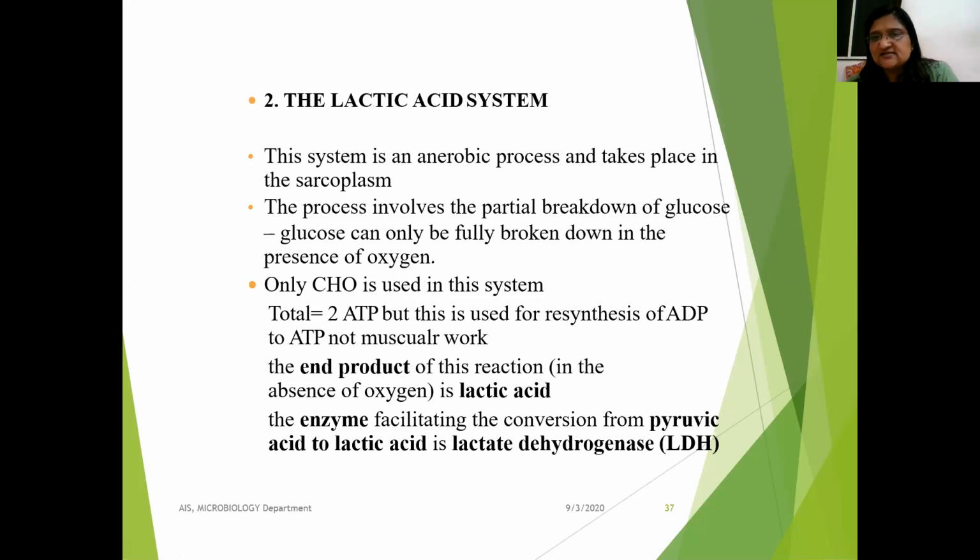Another such system is lactic acid production. In this, a glucose molecule is converted into lactic acid by certain steps of reactions, and during this process two ATP are produced. Two ATP is the net gain of this reaction. One of the key steps is pyruvic acid. In bold letters we have mentioned that pyruvic acid is converted to lactic acid with the help of the enzyme lactic dehydrogenase, and during this two ATP are gained.